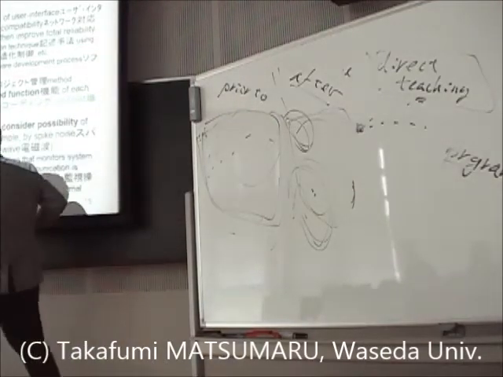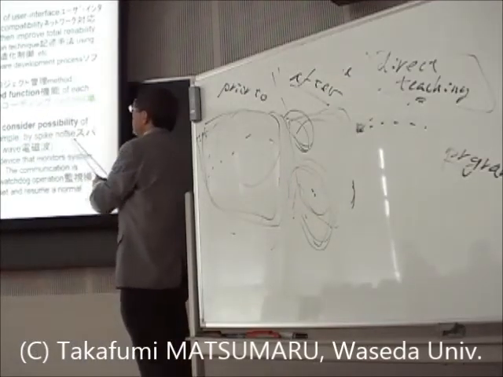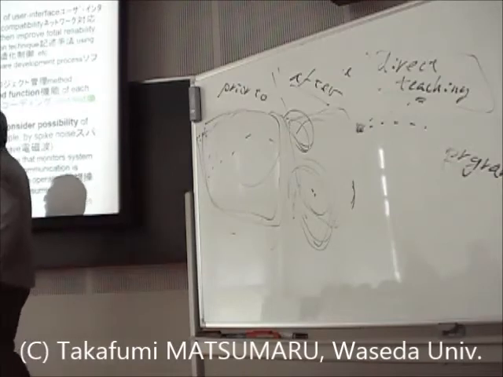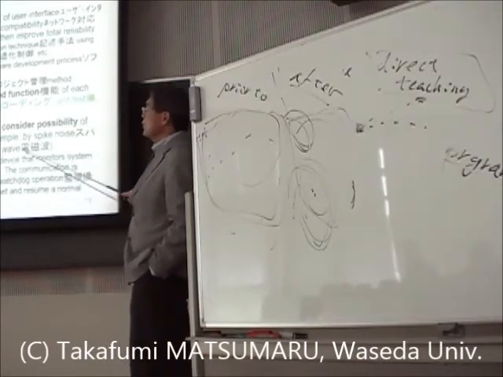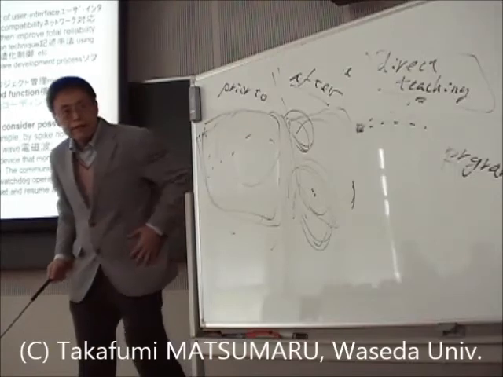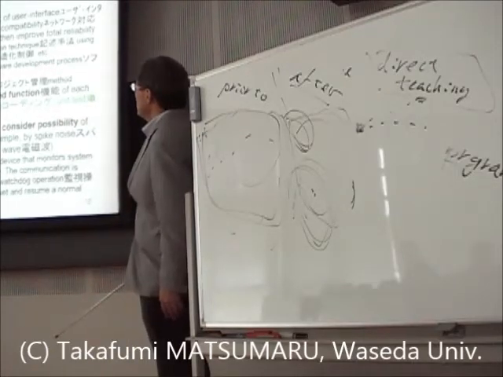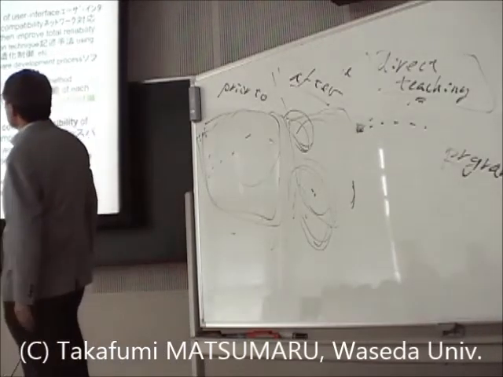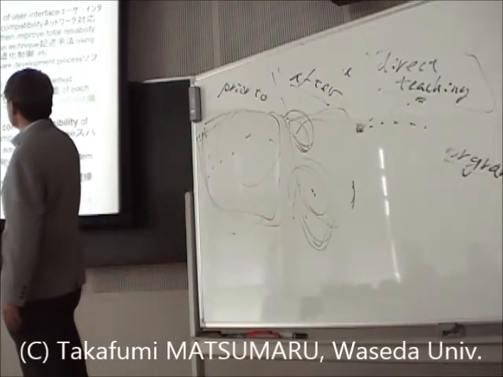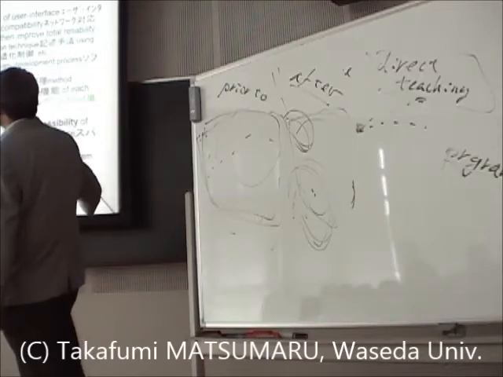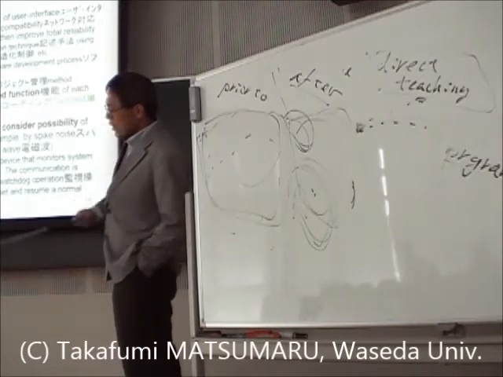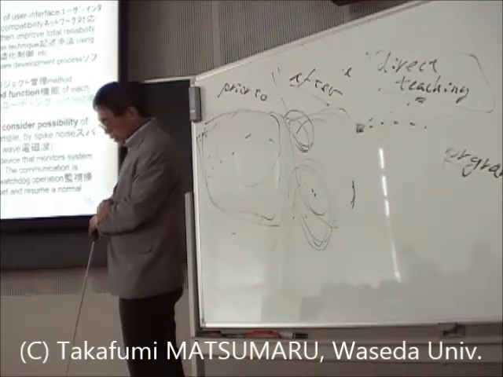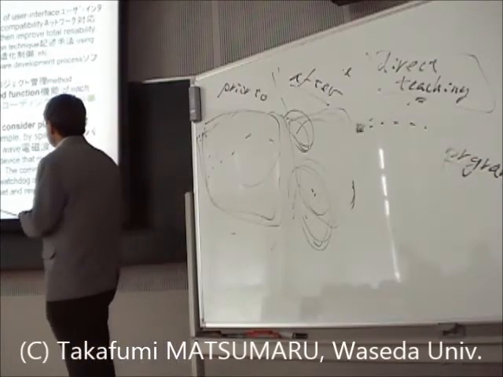It is difficult to estimate every failure and trouble. It is required to consider the possibility of unanticipated operations and hang-ups, for example by spike noise, radiation effects, or electromagnetic waves, in some cases. So a watchdog timer is inserted in the case of a large scale program. The watchdog timer is a hardware device